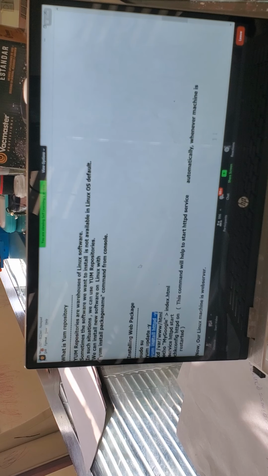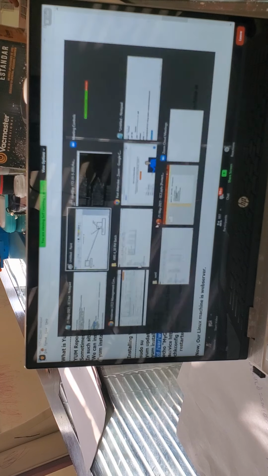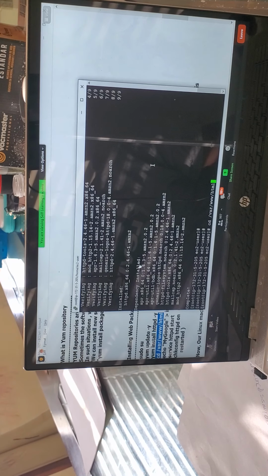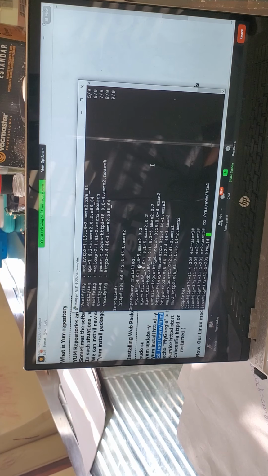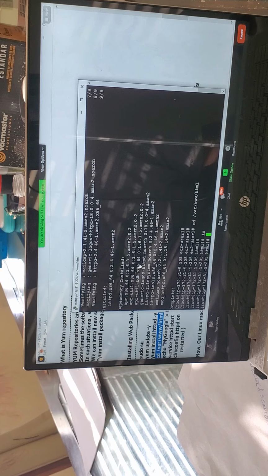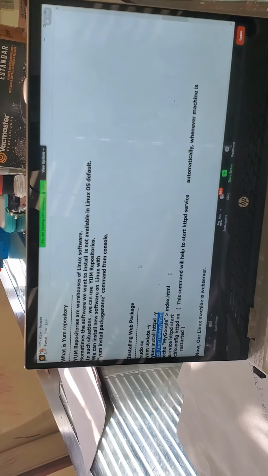Where should you create the page? Under this particular location: under www, under the HTML directory. Go to that directory. CD stands for change directory. You cannot create it anywhere you want. You need to go to that particular HTML folder. Right now the folder is empty. LS lists all the files. There are no files. You need to create a minimum of one file, one page, to experience the concept of a web server.